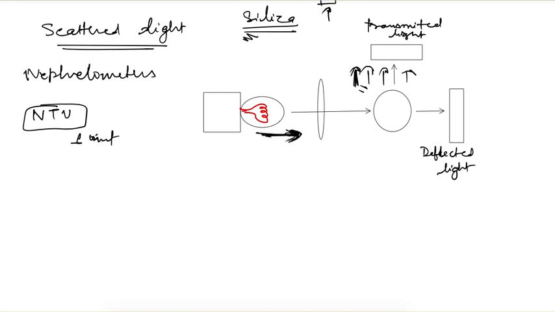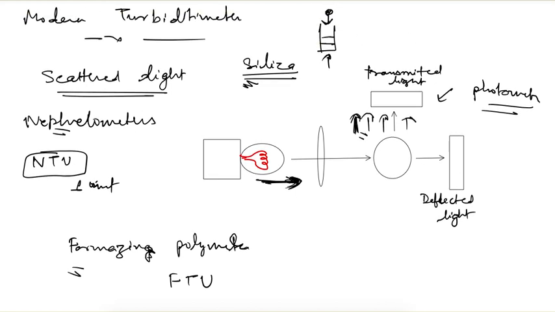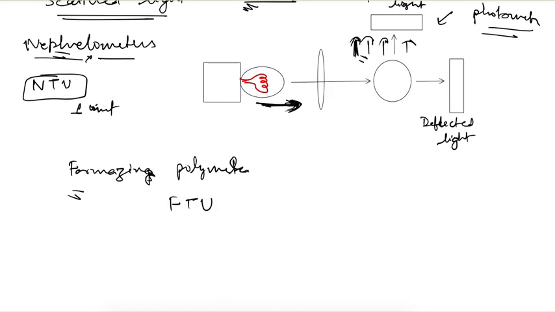And sometimes if formazine polymer is used, then these units are called FTU, or formazine turbidity units. In formazine turbidity units also we measure the scattered light, but the photometers are there for this measurement. So the way of measuring for formazine polymer and for nephelometric turbidity units is different. If you are asked about the modern turbidity meter, the preference should be for NTU. So that is about the turbidity meters.